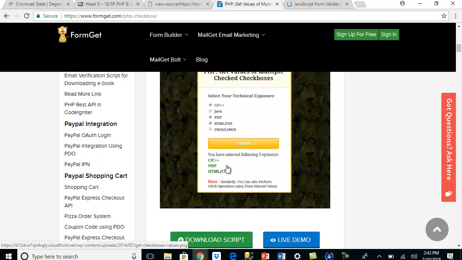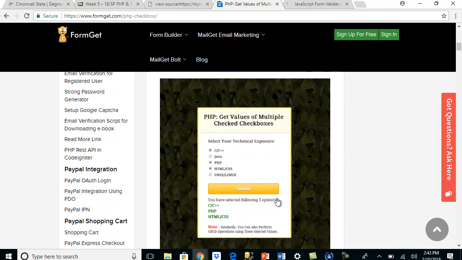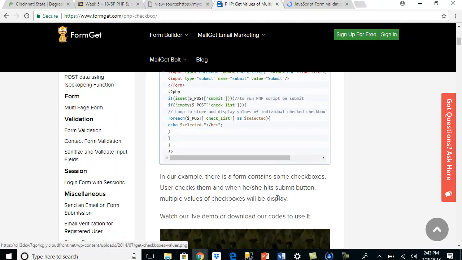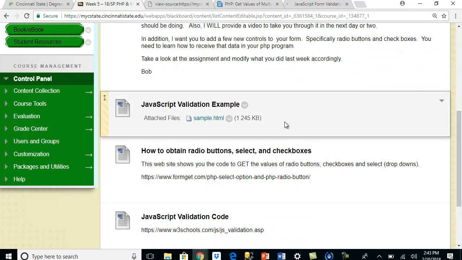What's kind of cool about this site I gave you, you can download the script. Feel free to do so and cut and paste. I'm all for that. And you can also get a live demo to watch it work. All right. So this site right here should help you out quite a bit to do the couple things that we actually wanted done